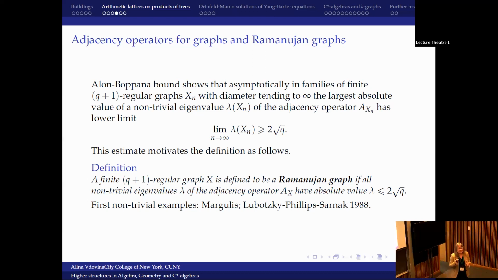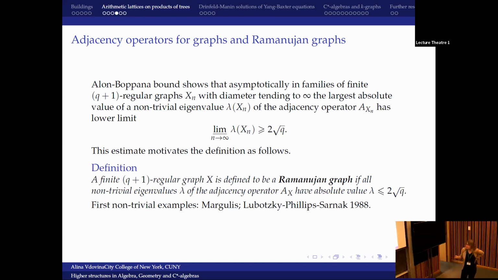So it tells you that when you work with concrete graphs, you shouldn't try to get something more than 2 square root of q. And this is the definition of a Ramanujan graph,